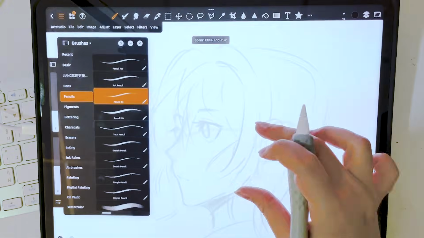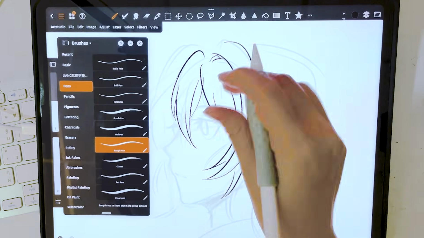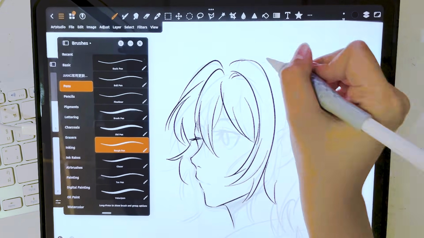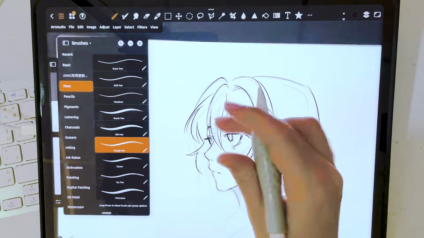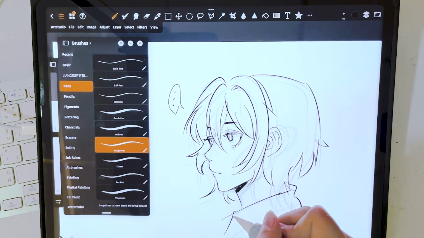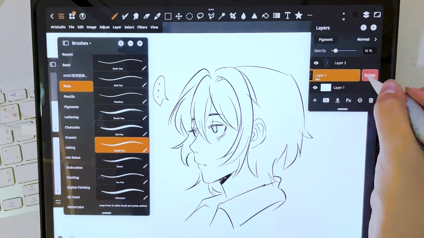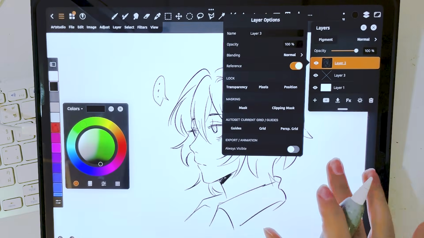And this is why I don't like using tilt functions when I'm drawing. I just prefer to turn that off. It would just end up feeling unnatural rather than natural, where it's trying to imitate a real pencil. Their liquify function is pretty smooth. And they also came with pretty nice textured pens to use for lining.